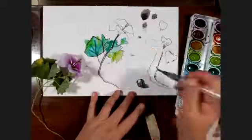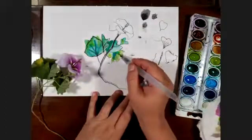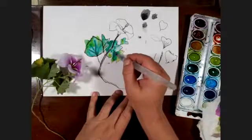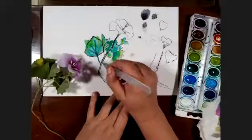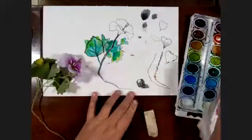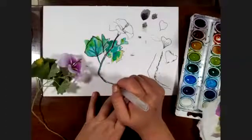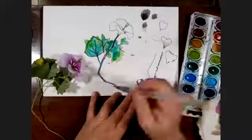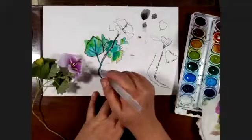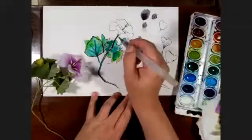I think I'm going to add a little bit of blue and see if I can just make this more fun. And the blue mixes in and it becomes more green. And then the stems need to be blue or green, except down here where they kind of become wood. It starts being a woody stem. I add a little bit of brown or orange. All right, now for the fun part. Let's get all the way up to the